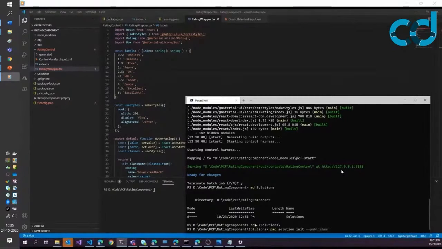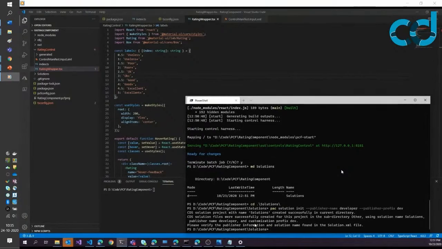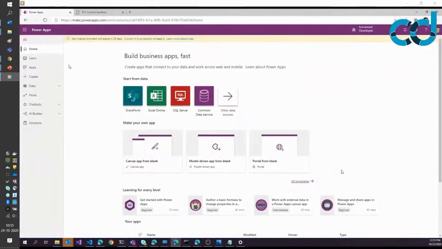Now there's a couple more steps than just pack solution. I will provide a link for the complete walkthrough, but just for the sake of time, this will publish, we will create the solution, and then finally we will publish the solution.